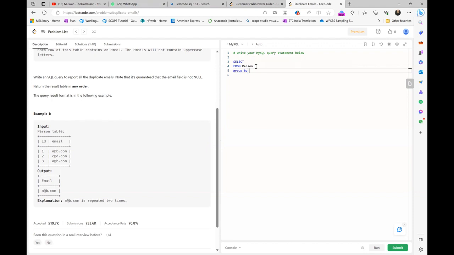If we are grouping something, for example, right now we are grouping the mail ID, right? So let me just show it to you. Group by email, and let me just print this out. This is not the correct answer, but let's see what this gives. Select email from person, and we are grouping by email. So if I run this,